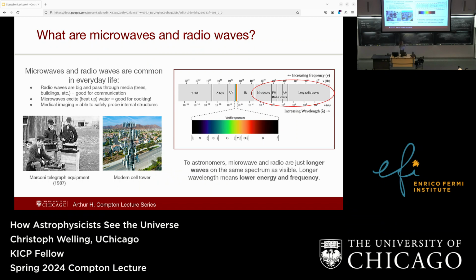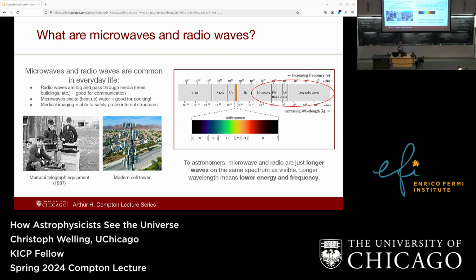And on the other side of the scale, we have increasing wavelength and lower energy waves. We're probably familiar with these waves from everyday life. We use them because they pass through things freely, which is very useful. We can use them for radio communication because they can go through buildings, since they're so big. And as we found out by experimenting with microwaves, they heat up water. The polar nature of water makes it a good absorber of microwaves.